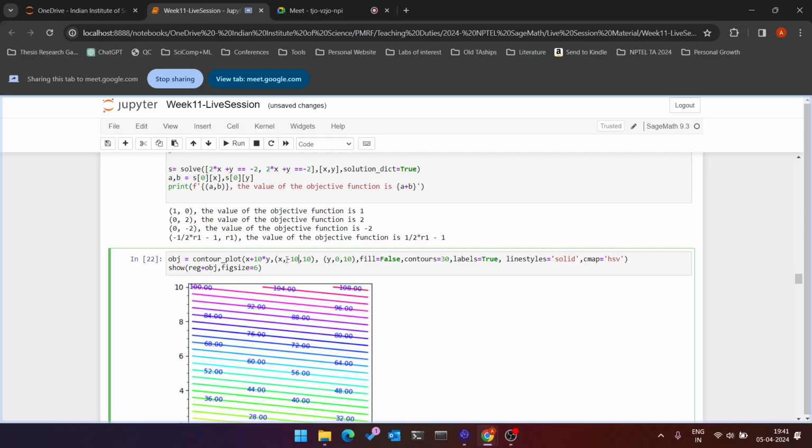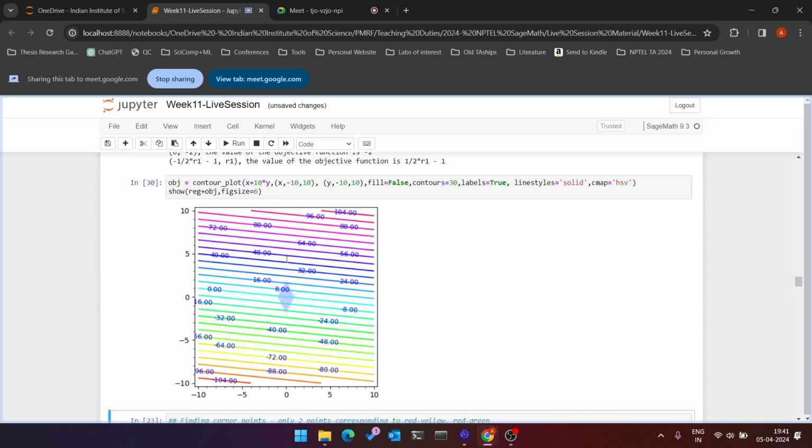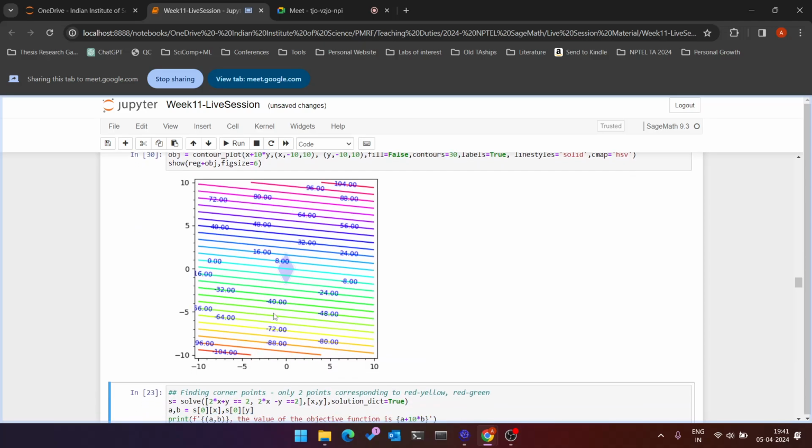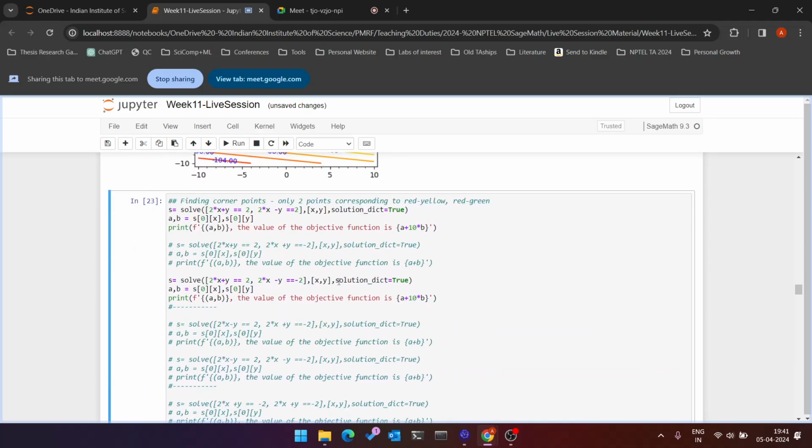If I do this for the other objective function as well, this is how the plot looks. Again, it seems like the top corner point is the one that we want. If I just solve for the 4 points,